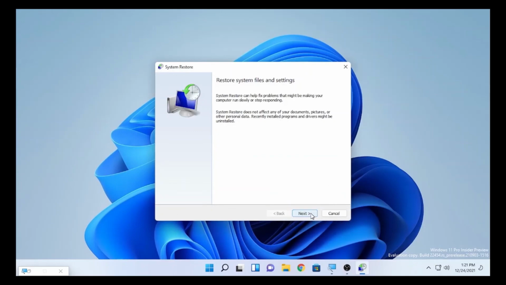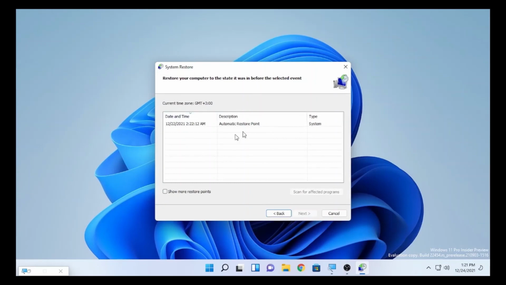Then I'll click next. Here there is an automatic restore point made by the system on this date. When you select this restore point, it will lead you back to the days when your computer worked effectively.